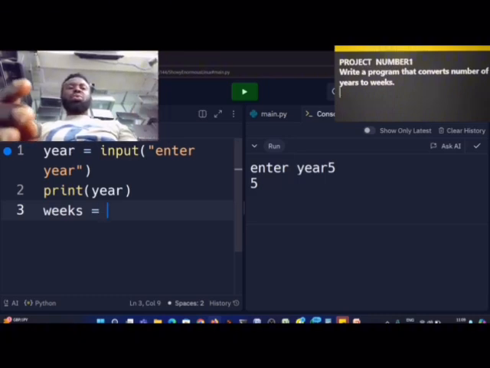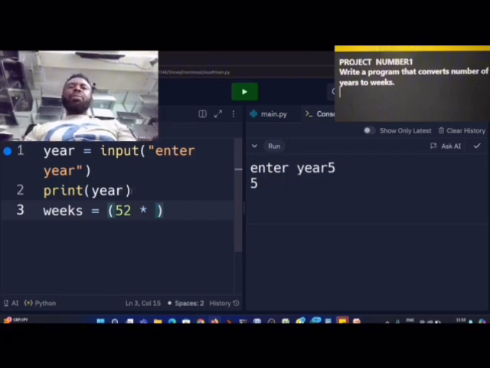So what we do, we say week should be 52 multiplied by years. Now remember, this year now is a string. Why? This 52 is an integer, so we have to convert